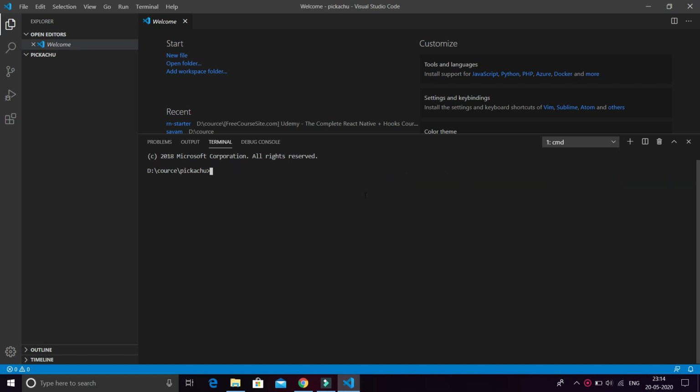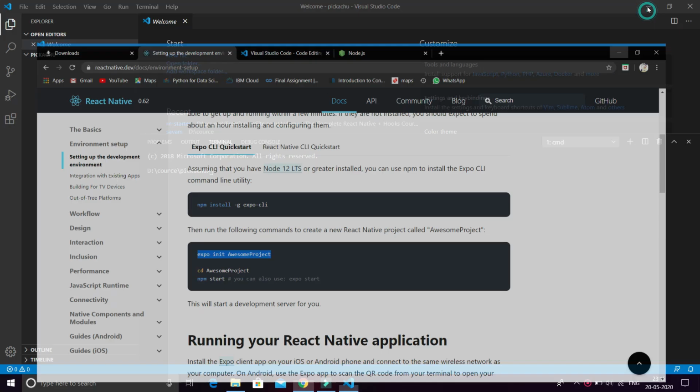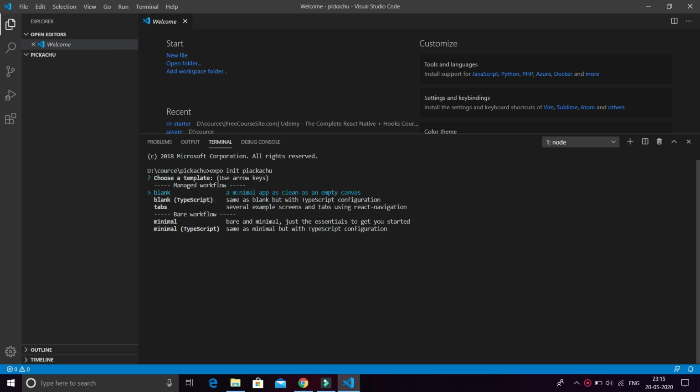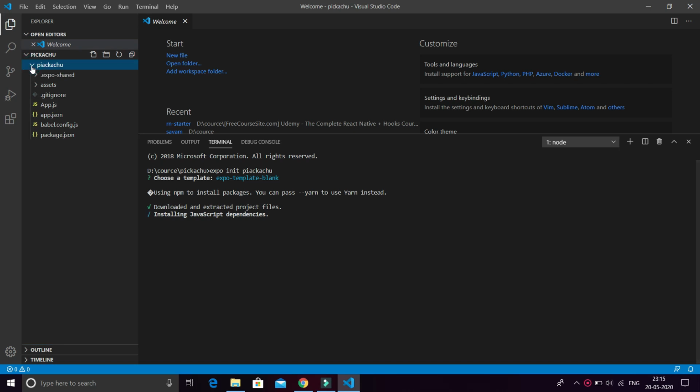As it is complete, we come back to our CMD, and here we write some code like this: expo init awesome project. Awesome project is the name used here, so we just change it to Pikachu. We choose the blank template so that we can make changes to it, and it starts downloading, and you see the Pikachu folder comes. Here are some JSON files and JavaScript files, as it is made with JavaScript.